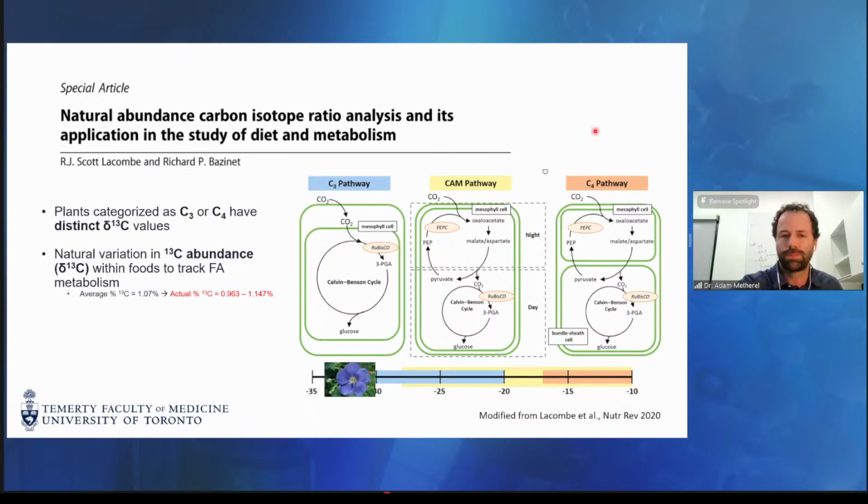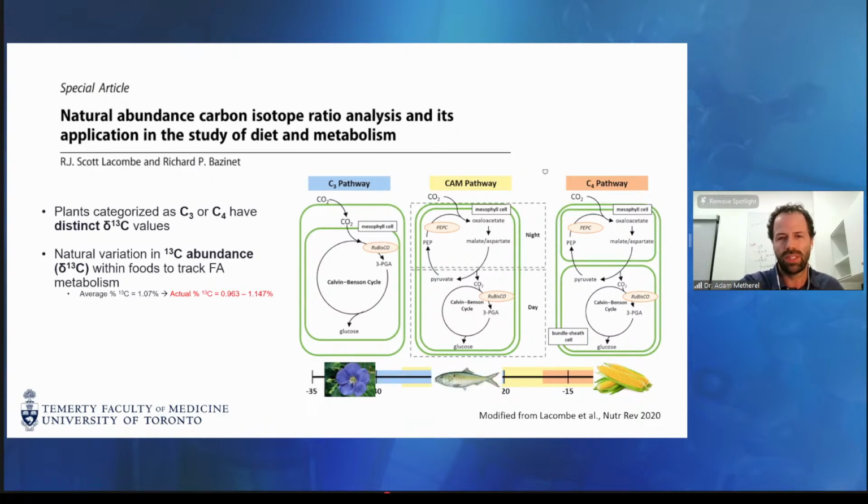When it comes to plants, the majority of plant species are from the C3 pathway. Something over 90% of all plant species are the C3 pathway. Example here is a flax plant. But the C4 pathway, although it's much less common on a per species basis, we do have two particular plants, corn and sugarcane, that happen to use this C4 pathway. So these, of course, are very abundant in the food supply.